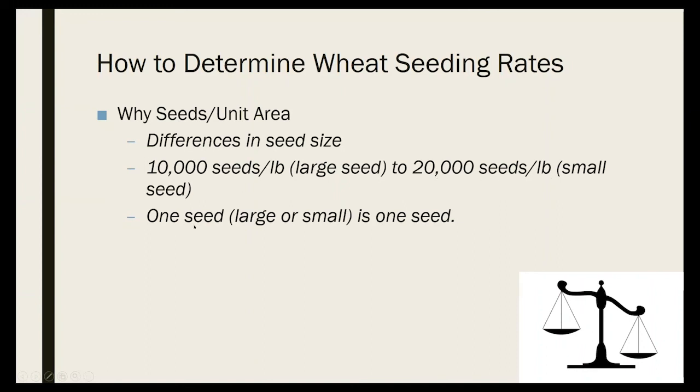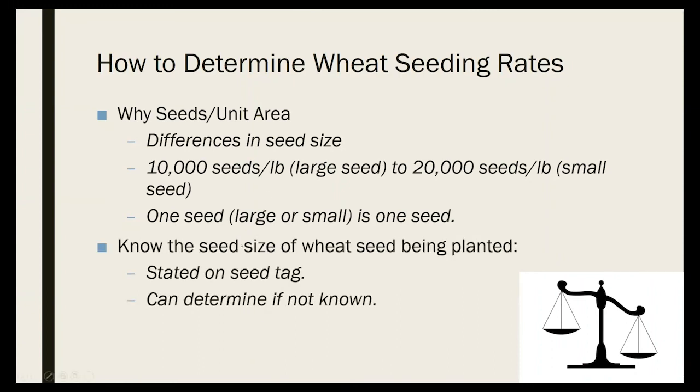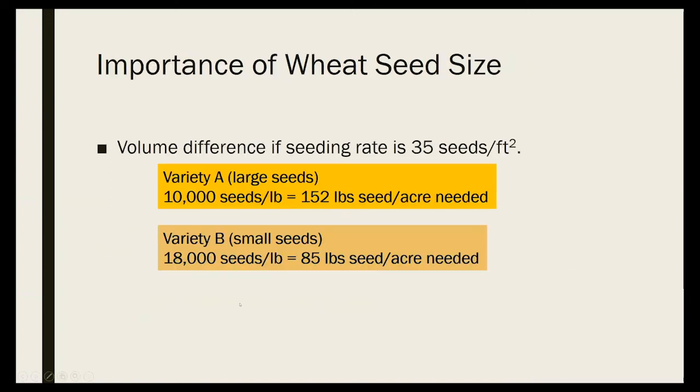One seed equals one seed, and it has the ability to produce one plant, whether it's a large or a small seed. So we can learn what the seed size is based on the seed tag. You can also measure it if you don't know it. But here's where this is important. If I want to have 35 seeds per square foot to have optimal yield,